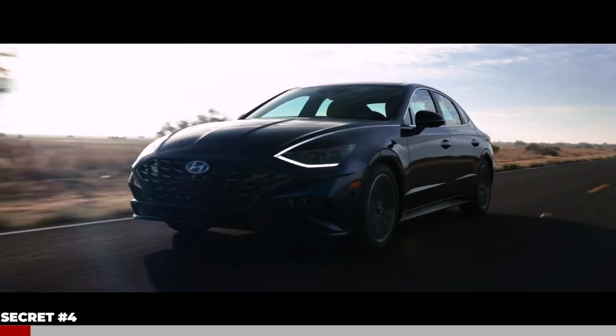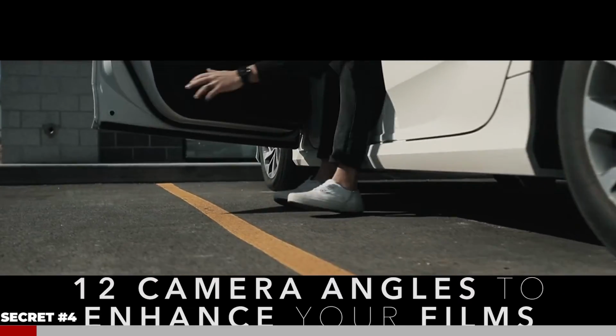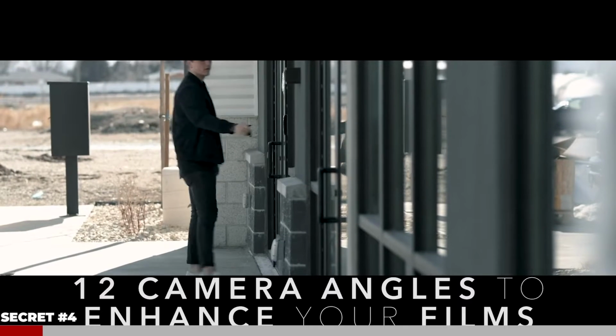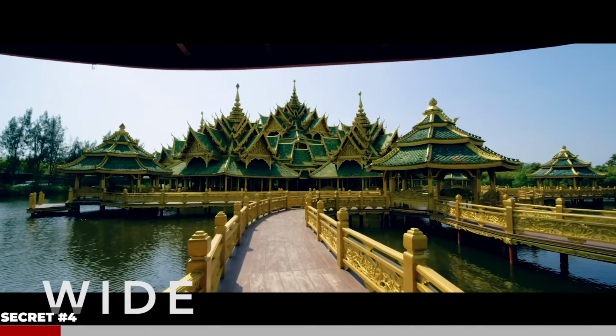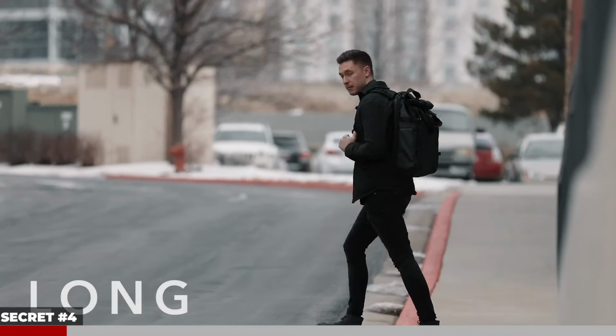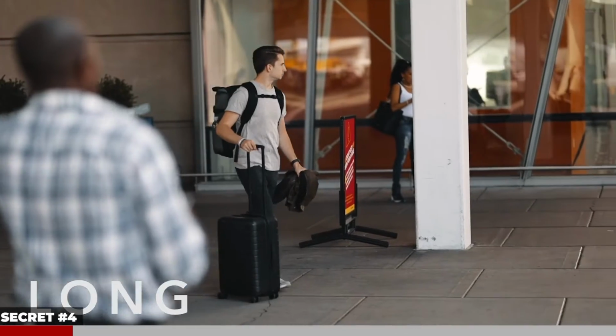Again, we have a full video just on this topic, but in this video we're going to discuss 12 of the most commonly used camera angles used in Hollywood films, and they are as follows. You have your wide shot, which is great for establishing locations, your long full body, which is similar to the wide shot but usually on a tighter focal length and showing the full body, your medium shot, which is usually from the waist up, similar to what you're seeing right now, a cowboy shot, which is usually in between long and medium from around the knees up,